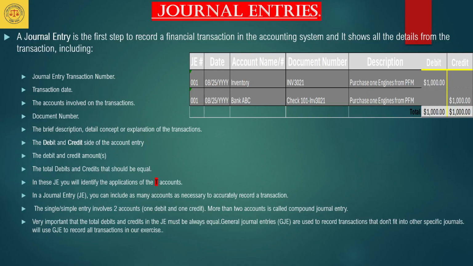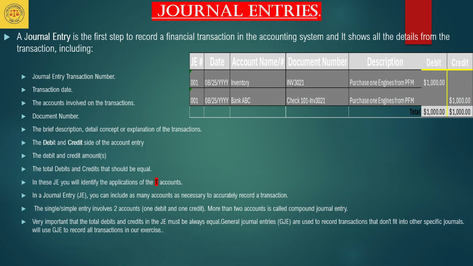Very important that the total debits and credits in the journal entry must always be equal. I already mentioned that. General journal entries are used to record transactions that don't fit into their specific journals. This is the difference when I say journal entries. Most, especially in accounting